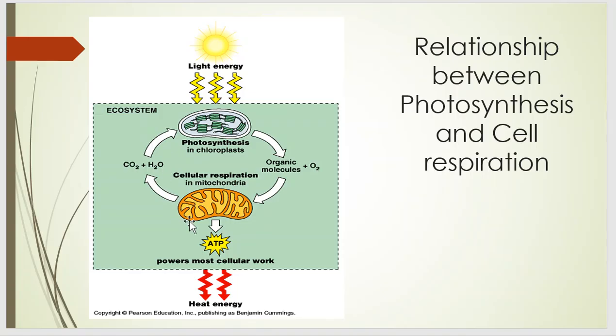This carbon dioxide and water go back to the atmosphere and the ecosystem, and then are absorbed by the plants again. Plants absorb the carbon dioxide, do photosynthesis, put it into the organic molecule, and release the oxygen. The oxygen that plants release actually comes from the water, and the carbon from the carbon dioxide goes to the organic molecule. So this is how photosynthesis and cellular respiration are highly related, and without this particular cycle, life is definitely not possible at all,